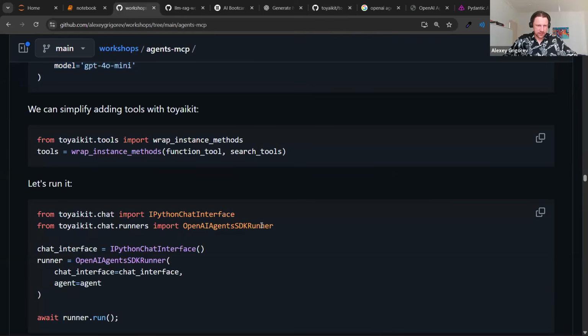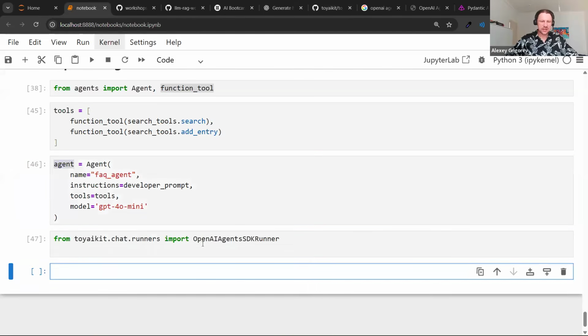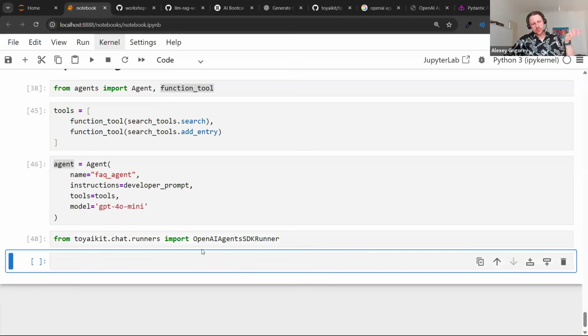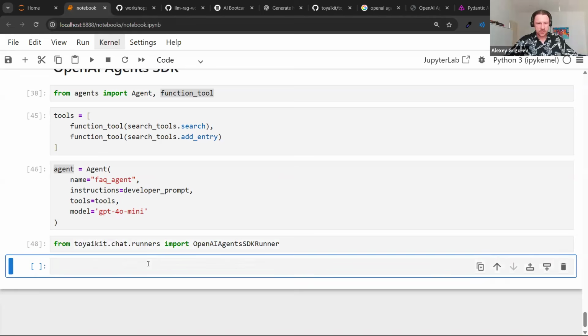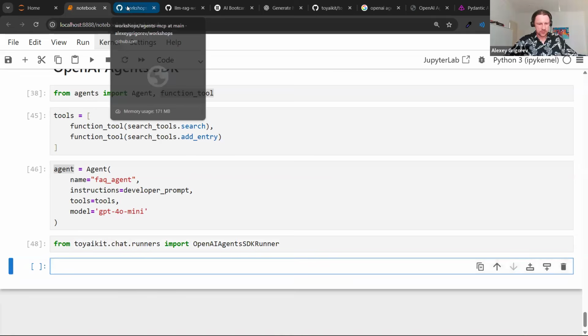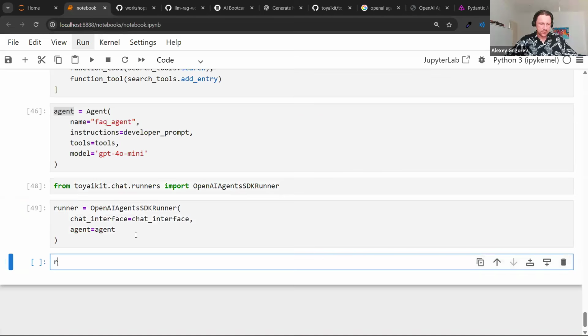I implemented this for just running these agents from OpenAI. So this is good for testing. When you develop an agent, you give it some instructions and you want to test it. So this ToyAI Kit is useful there, but of course you don't want to use it in production, as I said. So then I have runner, and then with this runner,